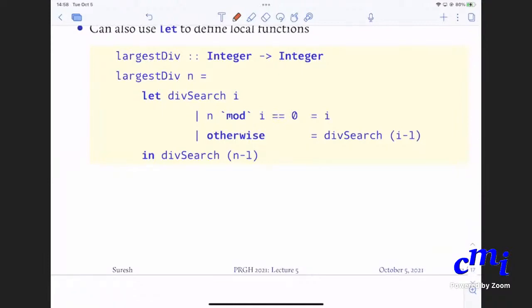There are some differences between let and where, but we don't need to worry about it now. Just remember that you can either use let or where. You use where if you want to immediately state the overall function and then tell what the components are. You will do let if you want to tell all the components first and then say in the larger expression. These are just two syntactic variants. Where is a little more versatile than let, but we will not need it right now. Typically, we will be using where most of the time. Sometimes I'll use let just for stylistic reasons, not for anything else.